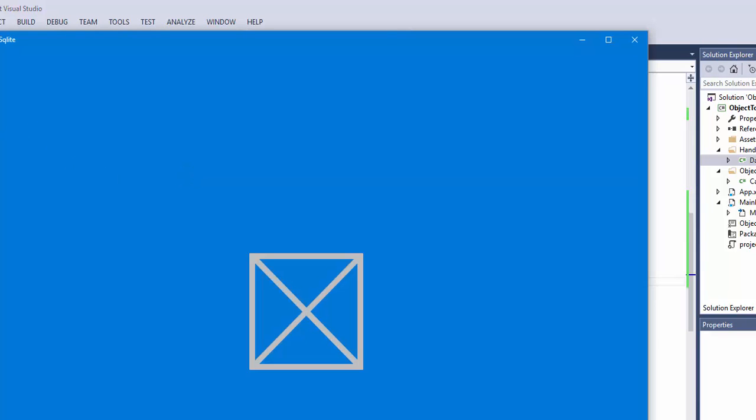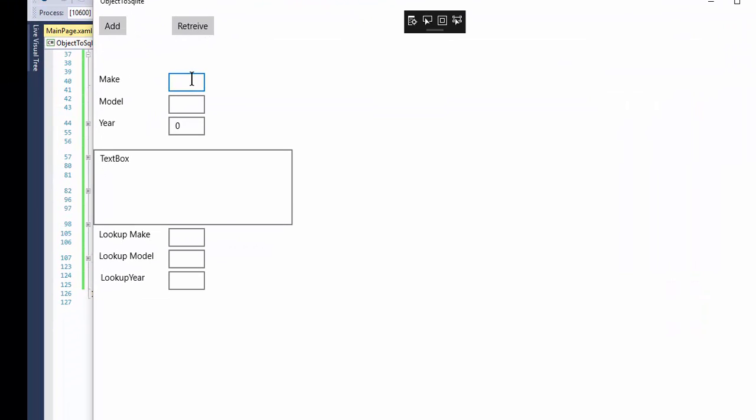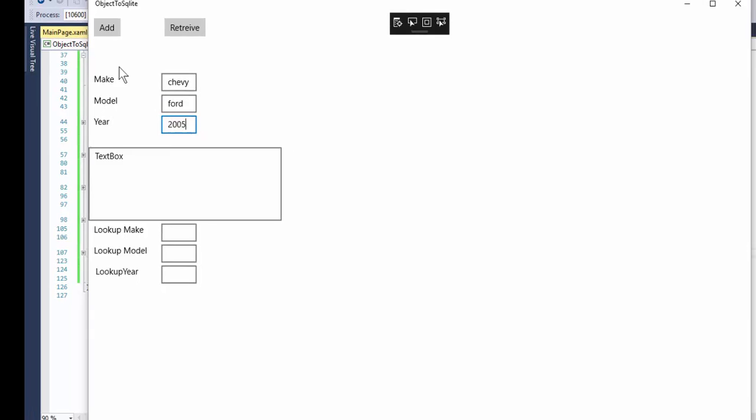we should be able to show, let's see, Chevy. It really doesn't matter at this point because we already entered one in when we tested earlier. So I'm going to put Chevy Ford 2005 just to show you that when we add